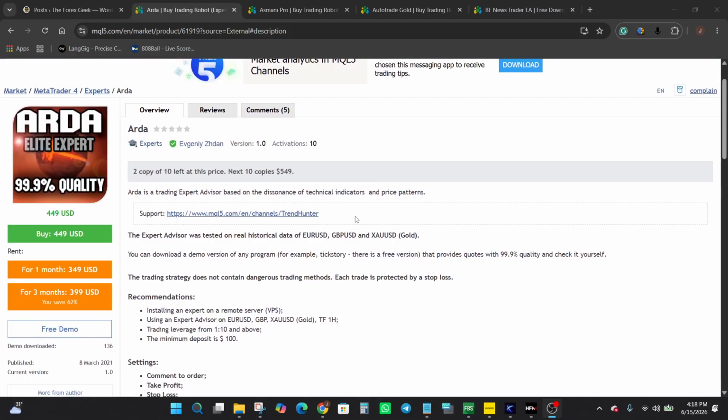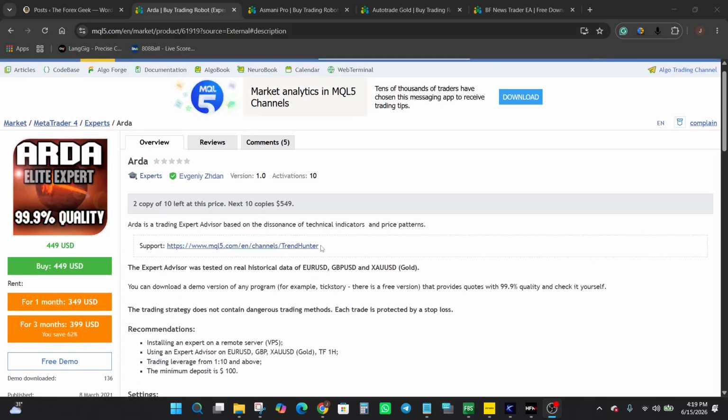Starting with the marketplace listing, we can see that Arda is an expert advisor developed by Evgeny Zidane and designed specifically for the MetaTrader 4 platform, making this an MT4 only EA. At the time of this review, the purchase price is listed at 449 US dollars, with rental options available as well. 1 month going for 349 US dollars, 3 months going for 399 US dollars. The developer also notes that only a limited number of copies are available at this pricing level before the price